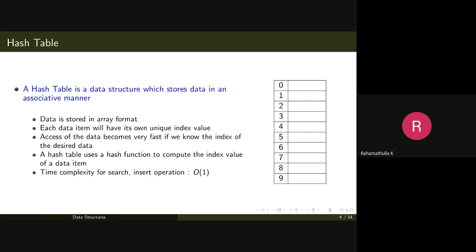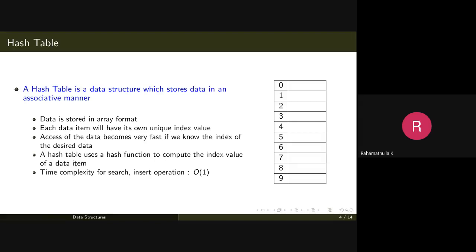For example, if this is your data xx, and you are able to say that xx will have an index value of 5, that is the advantage. The advantage is that we can directly access the element. It's not like we are using a linear search or binary search here. We are directly given the index of the data element.